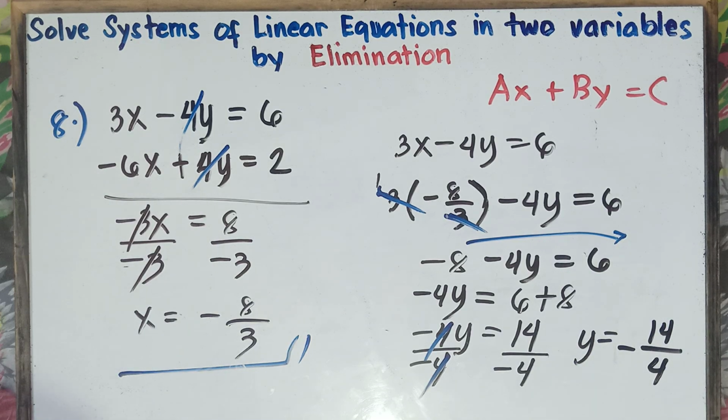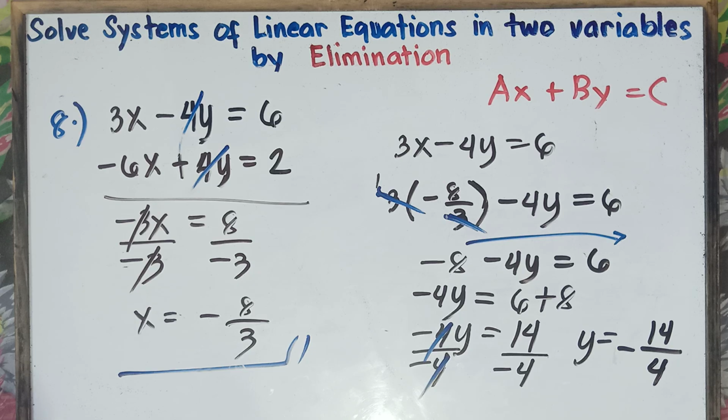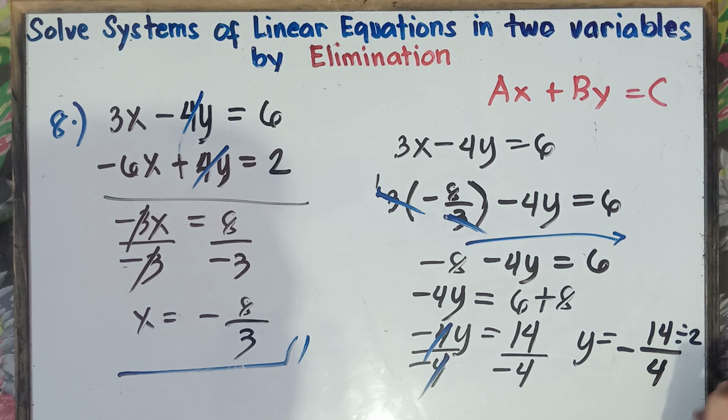Now question, class. Can we divide? Nope. You cannot divide, class. You will get a decimal answer. Next question. Can we reduce the fraction? Yup, we can reduce the fraction. By what means, sir? We can divide this one by 2, class. The GCF of 14 and 4, that would be 2. Always reduce the fraction, class, to its lowest term. That's mandatory, class, for the fraction. So we can reduce this one by 2. We can divide this one by 2.